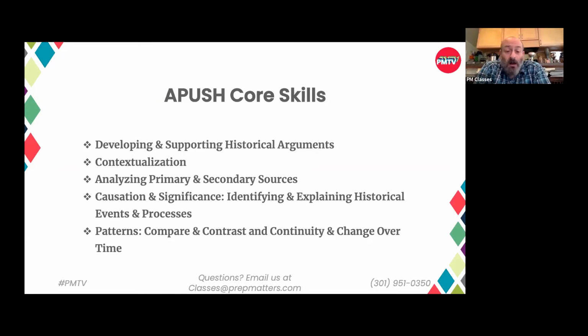You're going to talk about causation and significance. And I know that one of the questions before included that as one of the themes, one of the skills you want to keep practicing. So what leads to what? How does your evidence support your argument? How does your evidence point to a more complicated argument? What causes what, what leads to what, and why do we care?